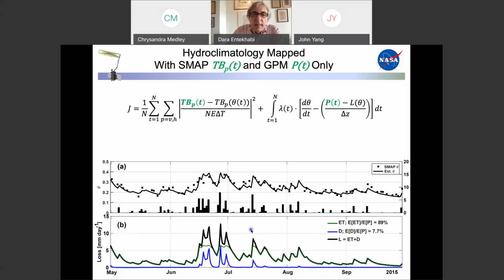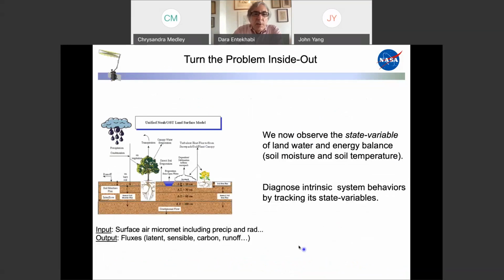And what you get out of this variational scheme is the total loss, the black line, partitioned into drainage, the blue, and evaporation, the green. So drainage occurs during very wet events, and then it's non-existent. Evaporation is the rest. So again, this is a typical land surface model, in which the input is